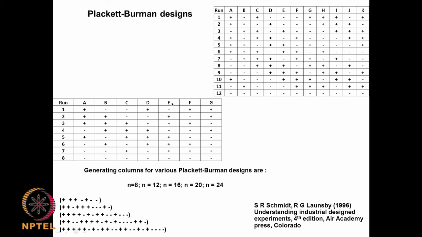Sometimes I want 5 parameters but I want to do only 8 experiments. A full factorial design would be 2 power 5, that is 32 experiments, and a half factorial would be 16 experiments, but I want to do only 8 experiments. So, I take this table and I put 2 dummy variables here. So, I can do this. You see Plackett-Burman is extremely powerful in that sense,